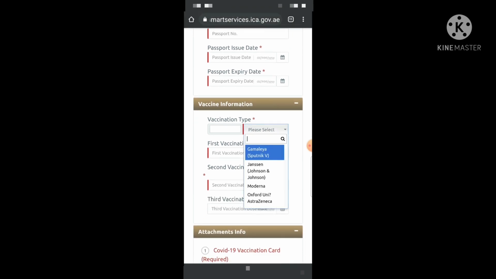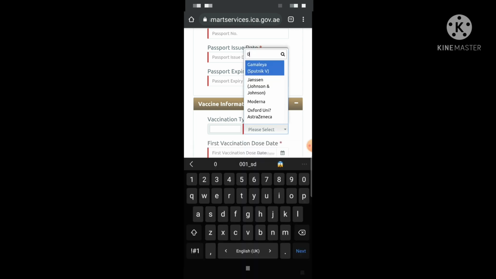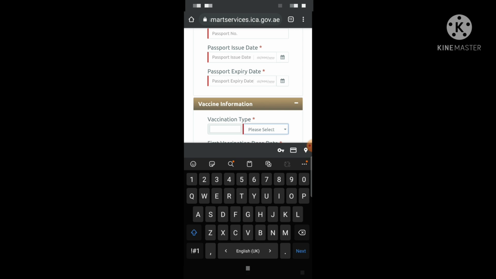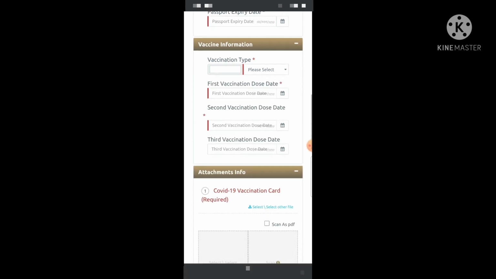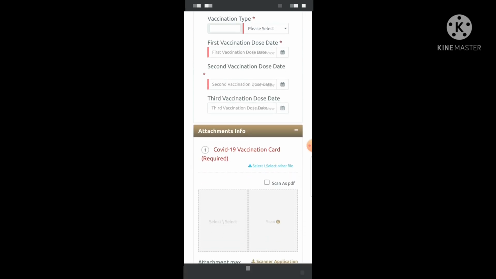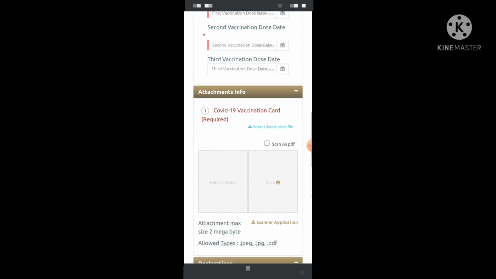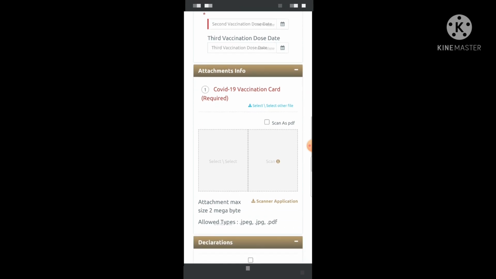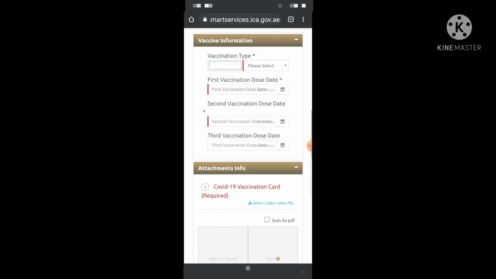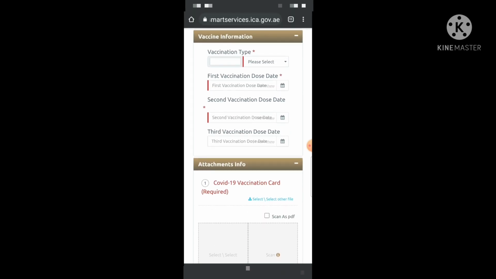Your vaccination type, whatever vaccination you had in your home country, which is approved by the UAE, you can select here. First vaccination date, second vaccination date, and if you have a third vaccination dose, you can also submit it here. The first and second are mandatory.